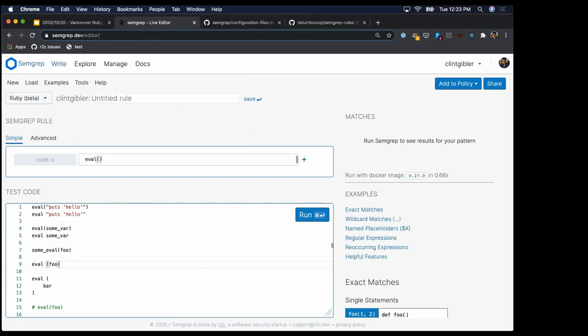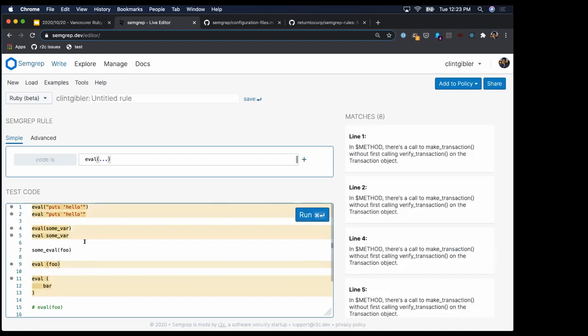OK, so I said before that Semgrep is basically like you're writing whatever code you're targeting, for example Ruby, but with a couple of abstractions. One of the abstractions is the ellipsis operator, or the ... operator, which basically says match 0 or more arguments. I don't care what's inside. So if we run this, we can say, okay, we found eval with parens or without parens, or with a string